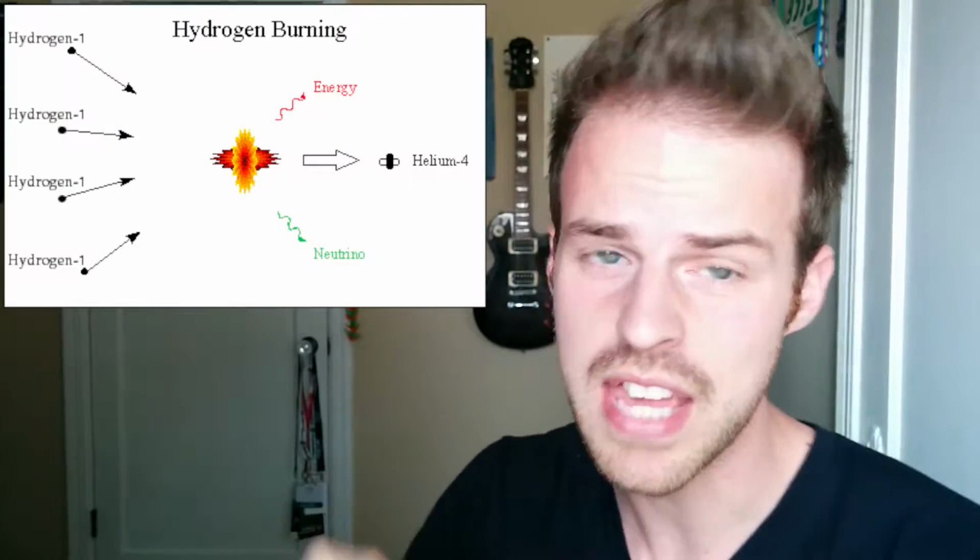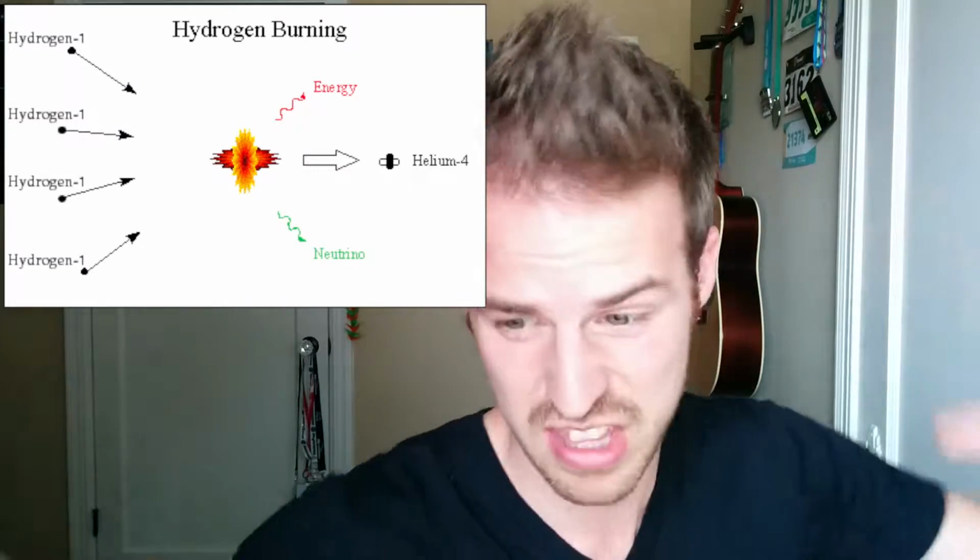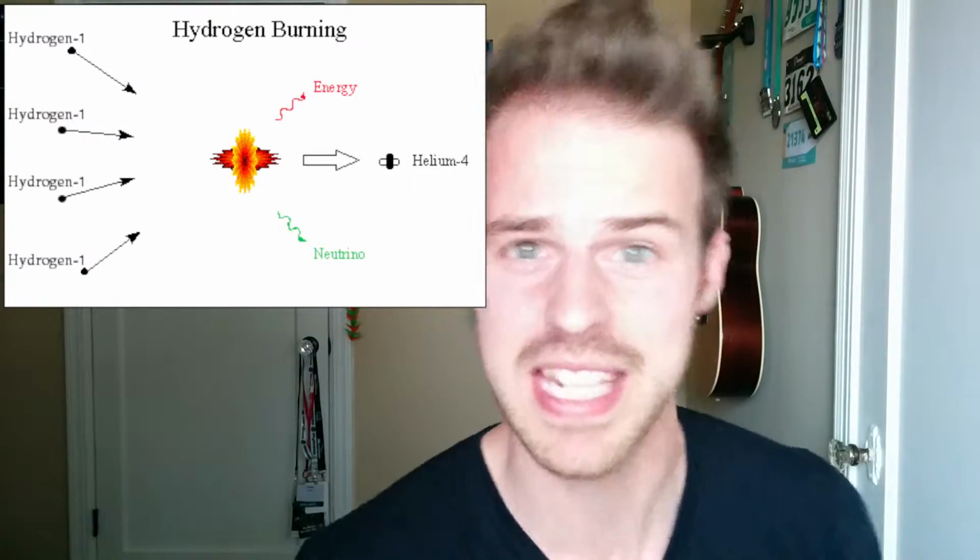Like hydrogen will fuse together, and then two more hydrogen will fuse together, and then those hydrogen will fuse together, and that's how we get helium. So the particles at Mike's party continue to hook up with each other until you have a veritable orgy on your hands, or I guess Mike's hands in this case.